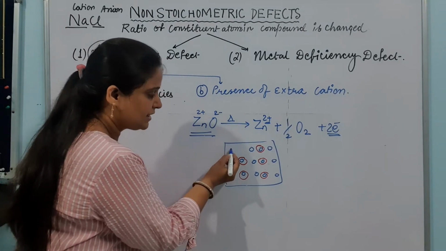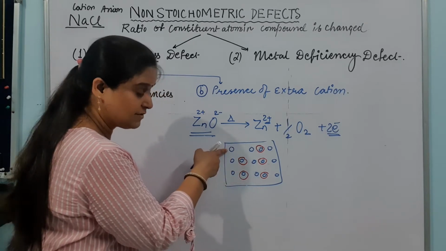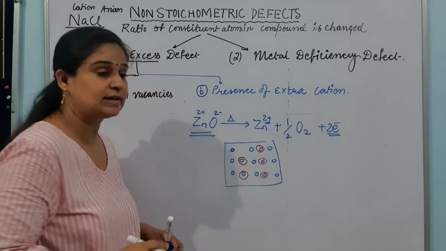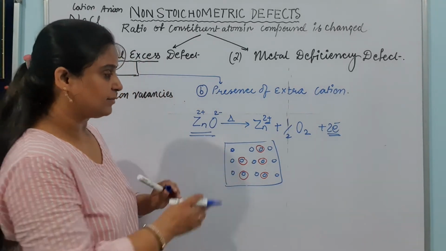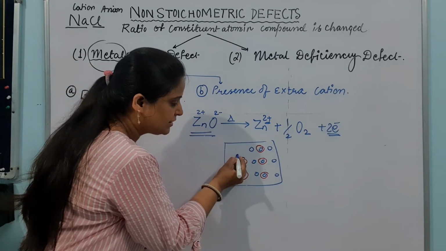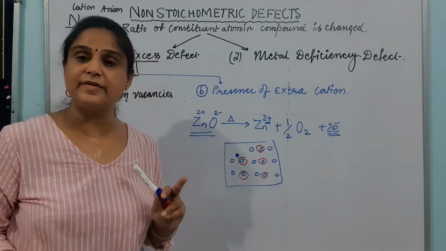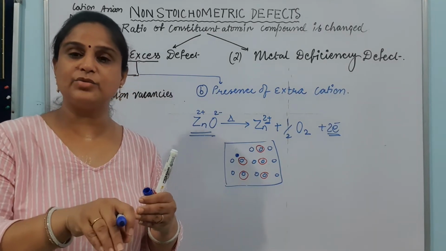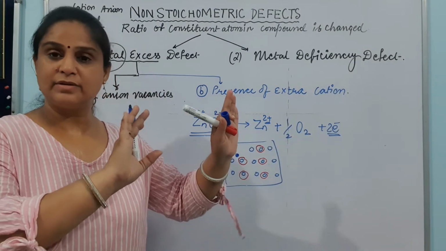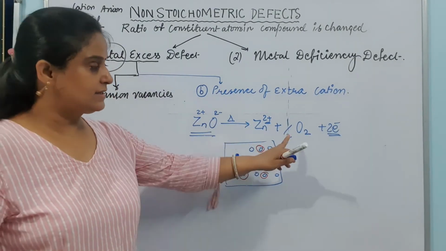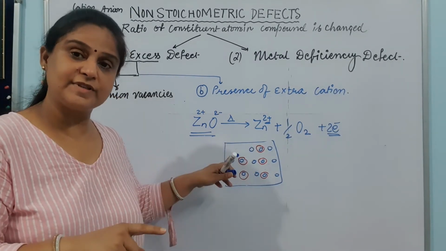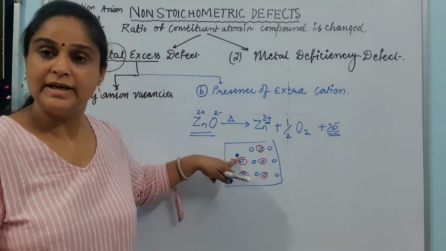As soon as zinc converts into Zn+2, the size of the zinc, which was this, is now smaller, because cations are always smaller than the original atom. Now this zinc, by converting itself into the zinc ion, will go into the interstitial spaces because its size will be smaller and it will just enter into the interstitial spaces. Zinc and oxygen both, I can say, skipped. Just imagine that zinc and oxygen both have left their spaces, but one cation made up of zinc is now entering into the interstitial spaces.